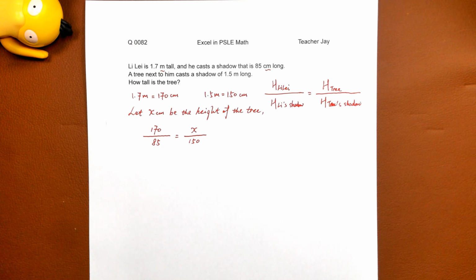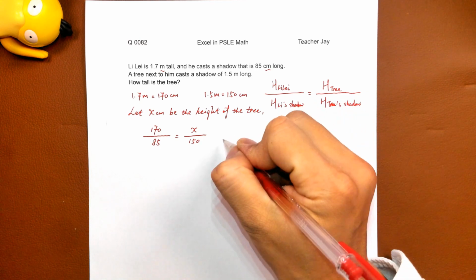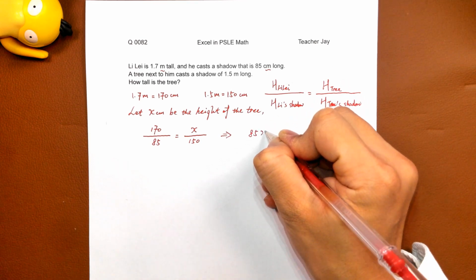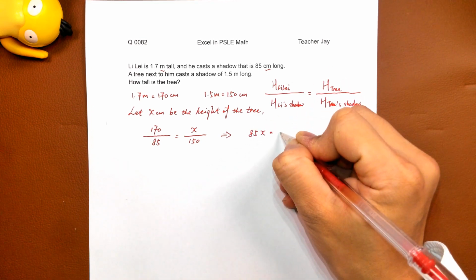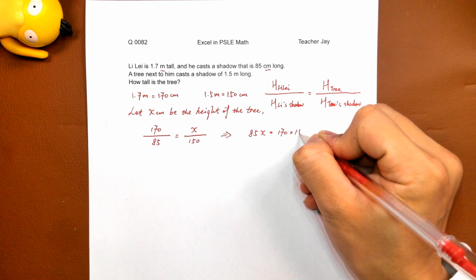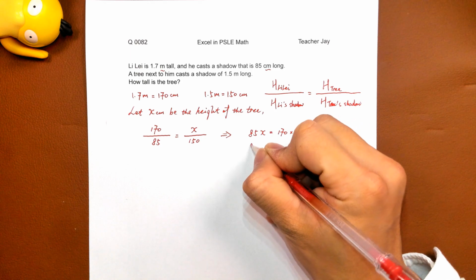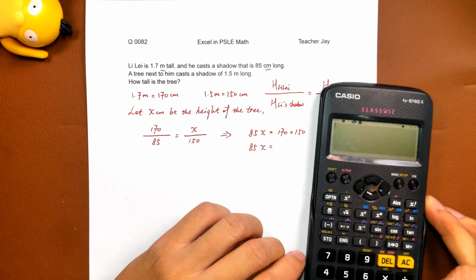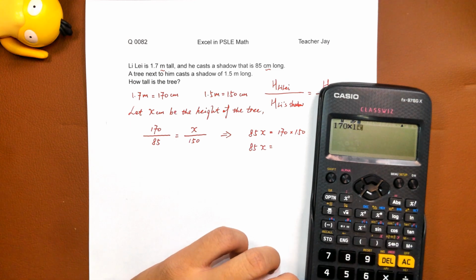交叉相乘，cross multiplication，我们会得到 85x equals 170 times 150。85x equals 170 times 150